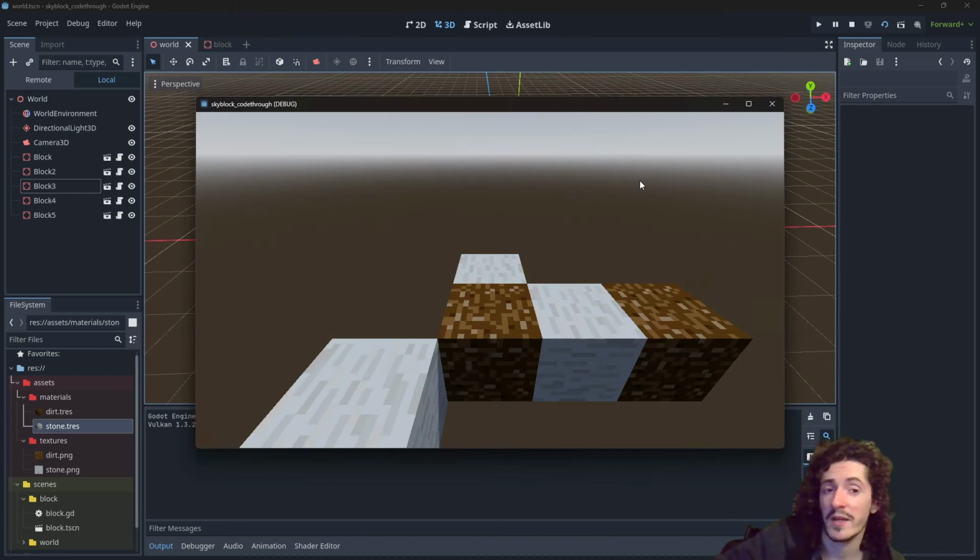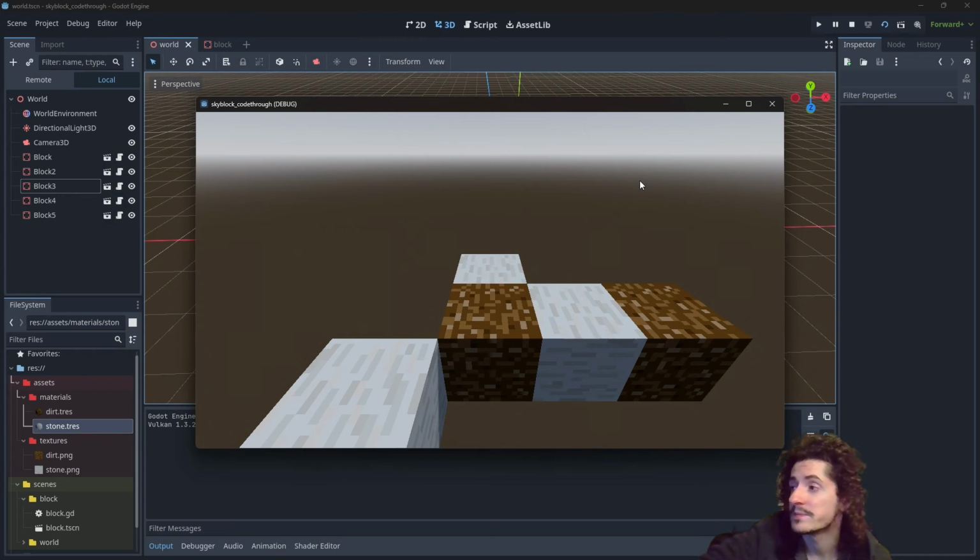Now when we start the game, we do see that we do indeed have the blocks loading as stone. The only thing we have done is creating blocks by manually drag and dropping the block scene within the world scene. In the long run, this is not how the game will work. We will want the game to be able to create blocks by itself without having a developer behind the wheels